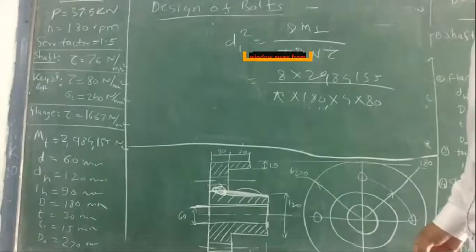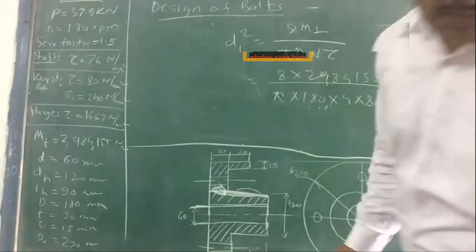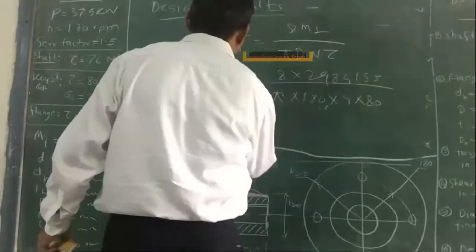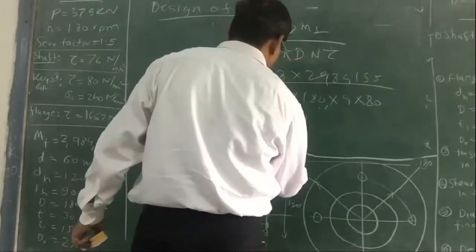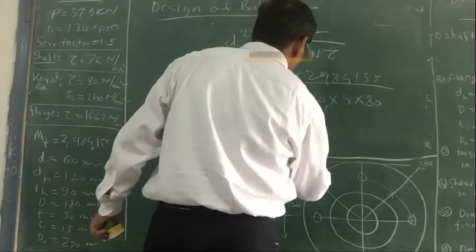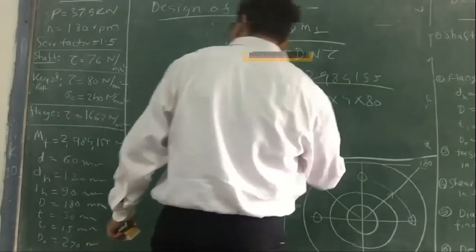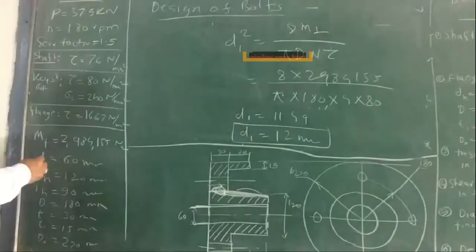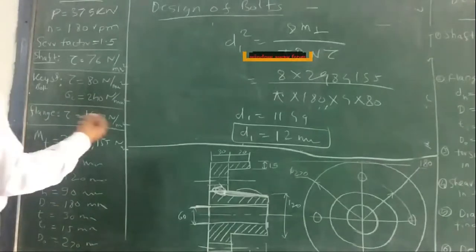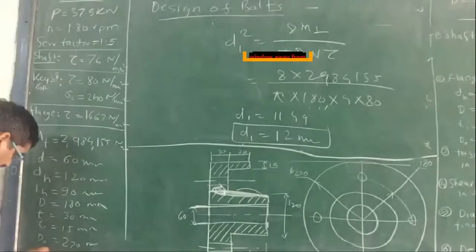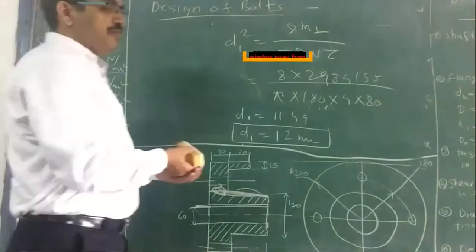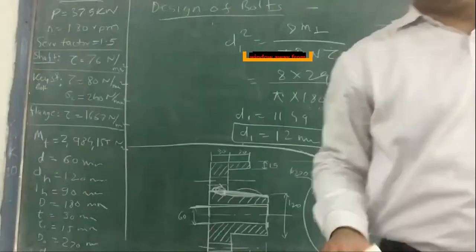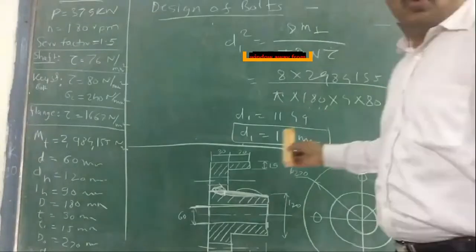Okay. So we get d1 is equal to 11.49. So we'll say the diameter of the bolt is 12 mm. So we'll take 4 bolts of the diameter d1, that's fine. d1 is equal to 12 mm. So we'll take 4 bolts of diameter 12 mm, right? So now we know that the number of bolts is 4.